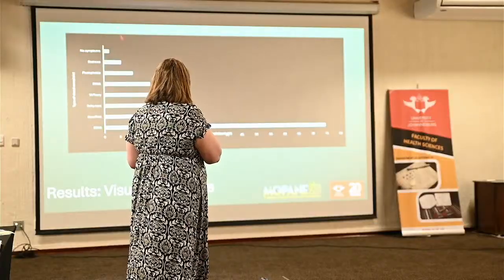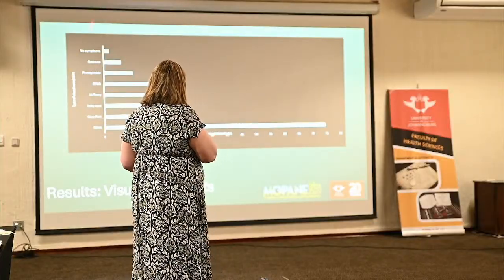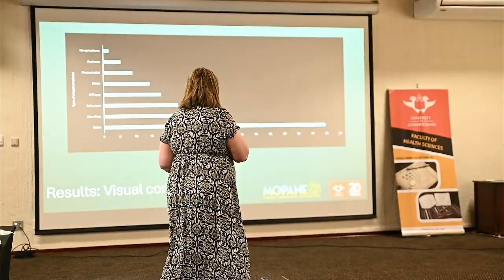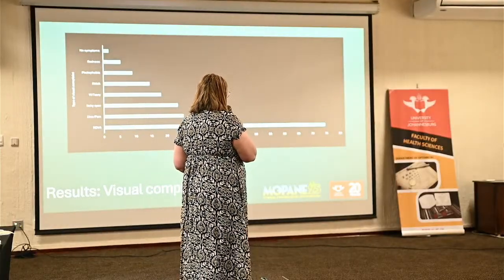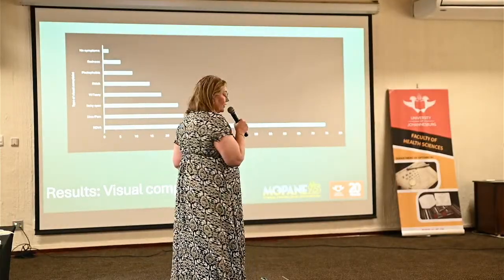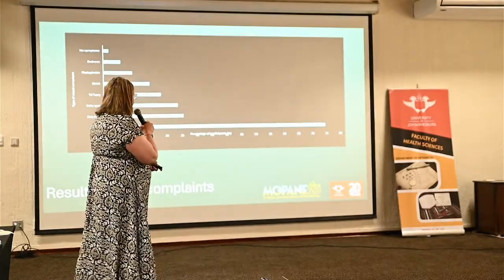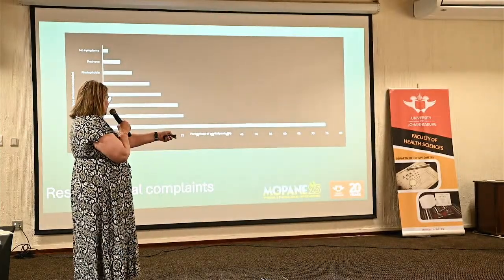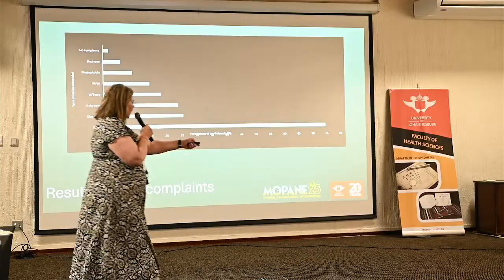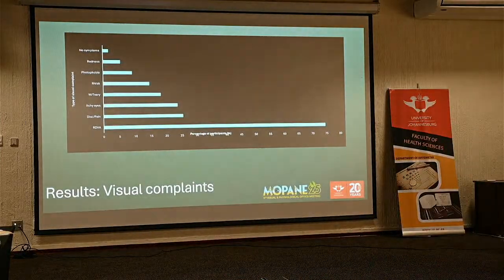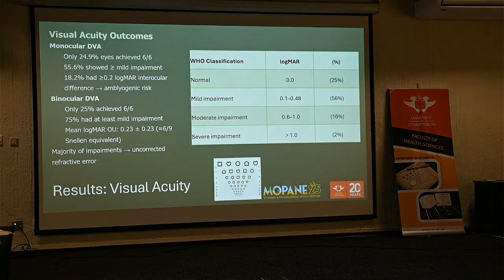During the case history, on the forced choices that they had to choose, I think it was 3.2% declared no symptoms. Up to 75% of them did mention that there was reduced visual acuity. And that is in line with the findings that we found when we were doing the assessments. There was reduced visual acuity found in quite a number of the students.